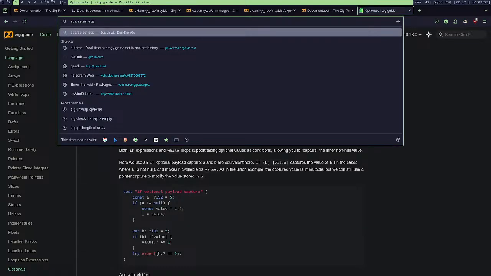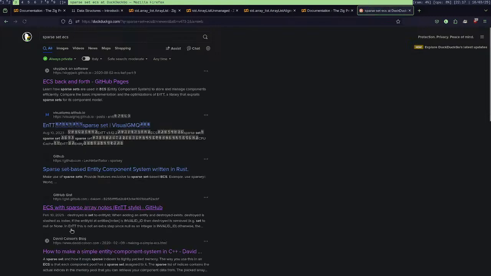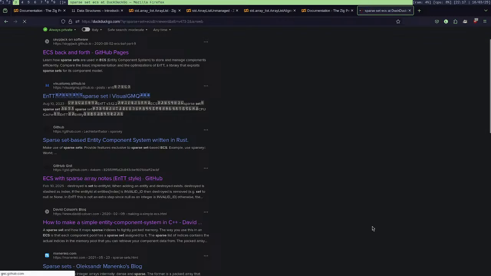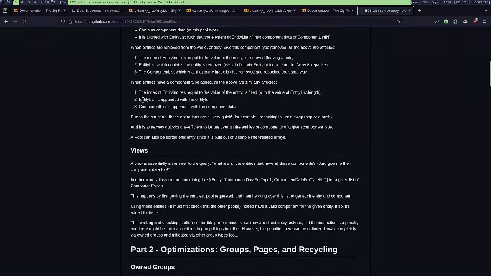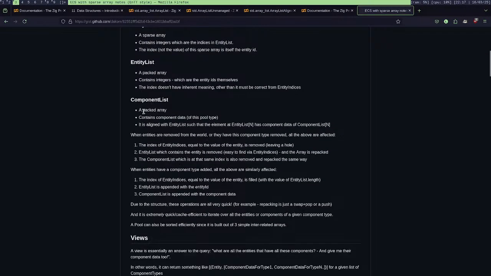Sparse set ECS. Let's see this. So here I will have, okay, component list. It is aligned.